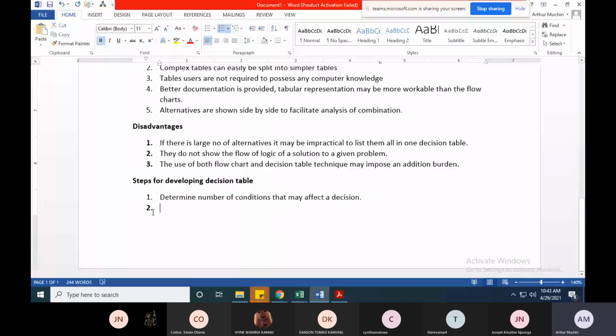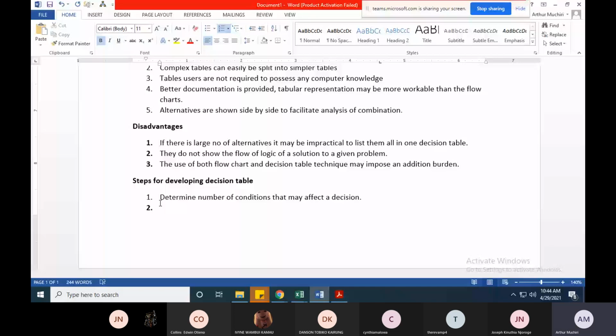like I have said, if it rains, carry umbrella. How many conditions are there? We have 2 conditions. If it rains, so it also means that there is a possibility that it's also not going to rain. So we have 2 conditions, and of course, those 2 conditions will also determine the number of action statements that we're going to have. Yeah, so then the next one, combined row,